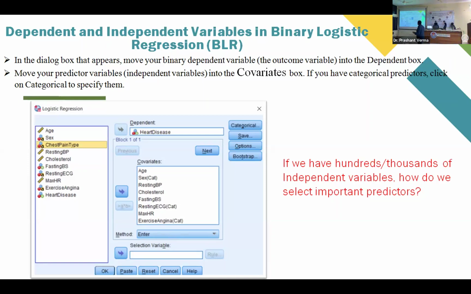Okay. So now covariates are put here in this category, and the method is by default Enter. Now the selection variable. If you want to make some rule, you want to make layers for your model. Suppose you want to build a model for a particular variable for the different classes. It will provide you different models for each class. You can select that variable. We are not going to take this.